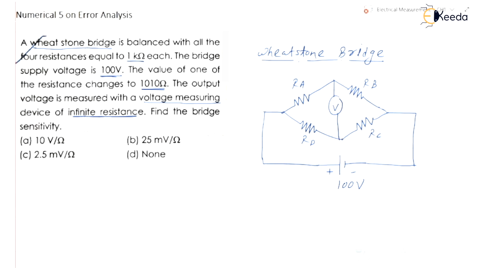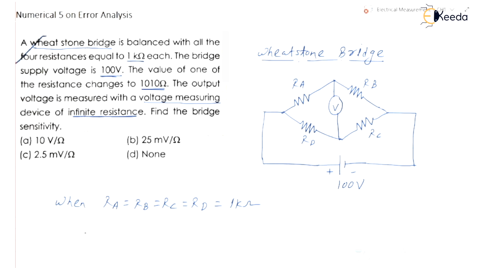Okay, voltmeter. So when all the 4 resistors, that is RA is equal to RB is equal to RC is equal to RD is equal to 1 kilo ohm, then yes, if here it is 1k, 1k, 1k and 1k, then the bridge will be at the balanced position. Okay, so therefore the potential difference across the voltmeter, it will be 0. Okay, because current will not flow through this branch, because the bridge is in the balanced condition.